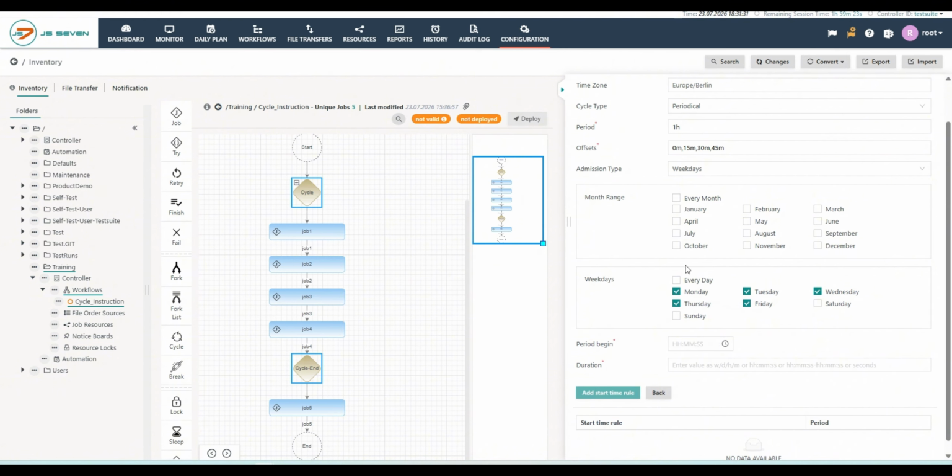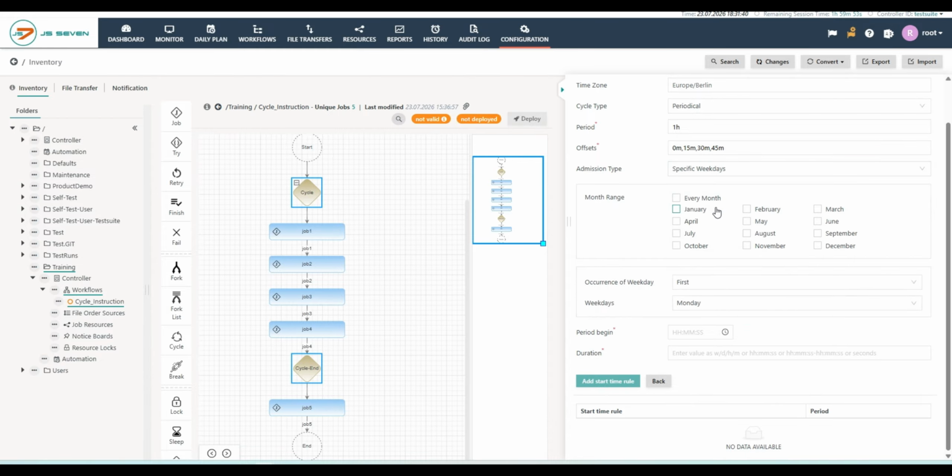Then we have specific weekdays. The specific weekdays option allows you to select a particular occurrence of a weekday within a month. For example, you can configure the cycle to run on the first Monday, second Wednesday, or last Friday of every month. If you select first Monday, the cycle will run only on the first Monday of each month